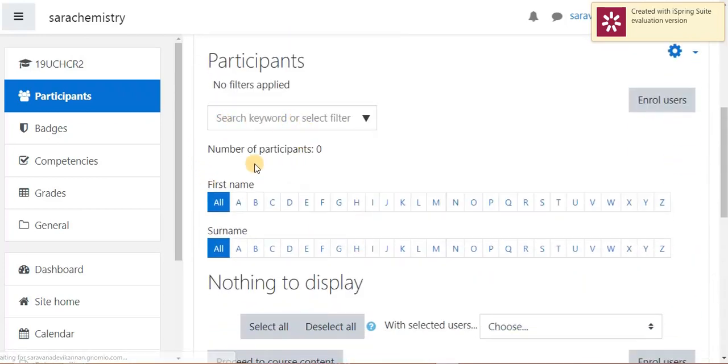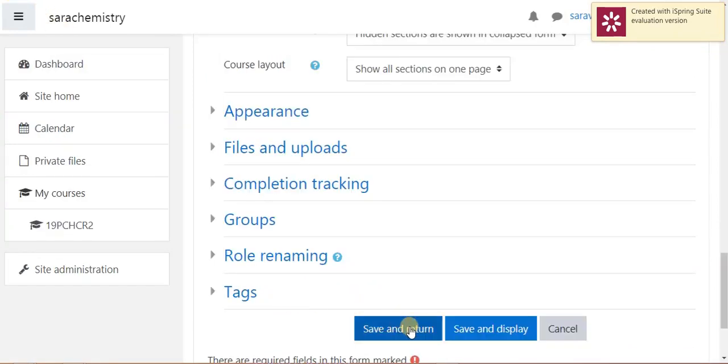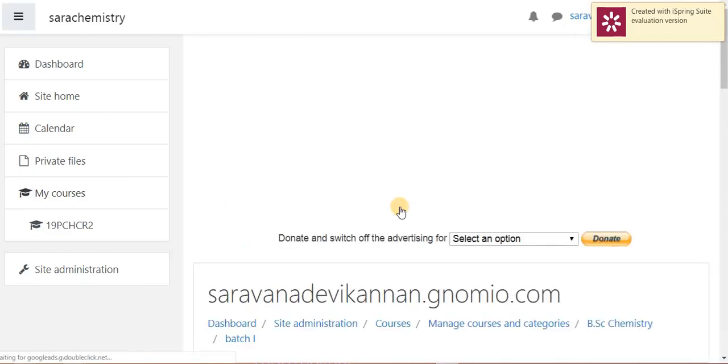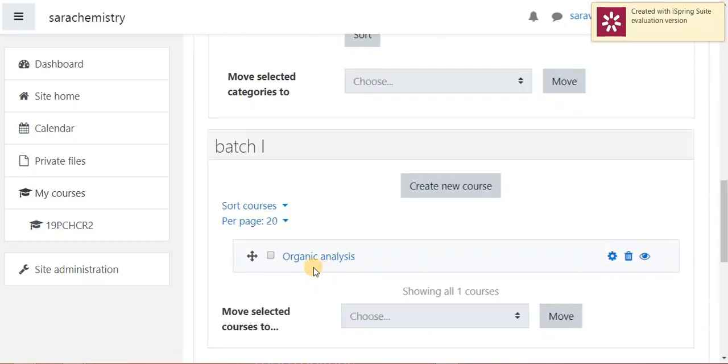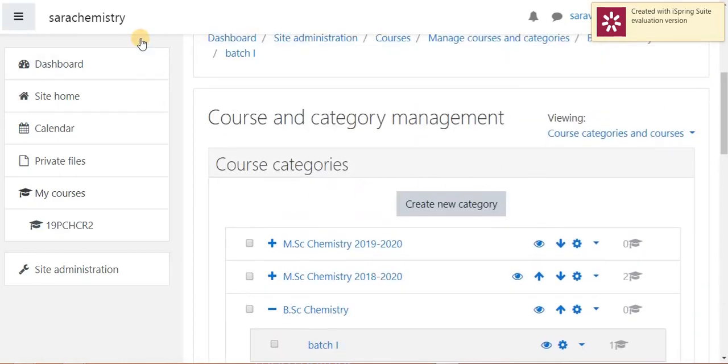Now you can see the number of participants in this course is 0. So after completion of editing, save and return here. Now the course organic analysis appears under the batch 1 category in course and category management page.